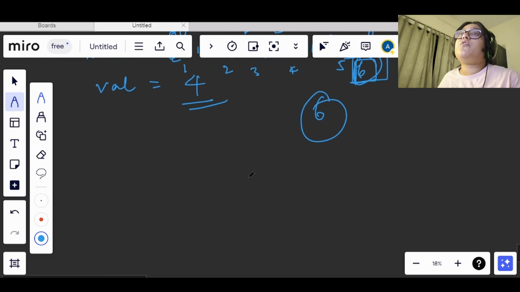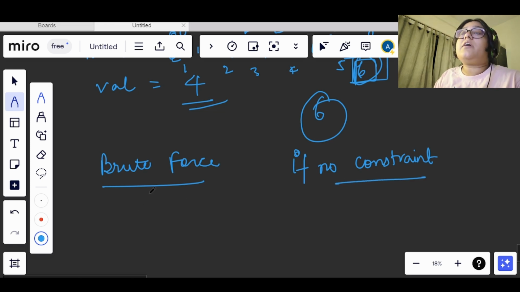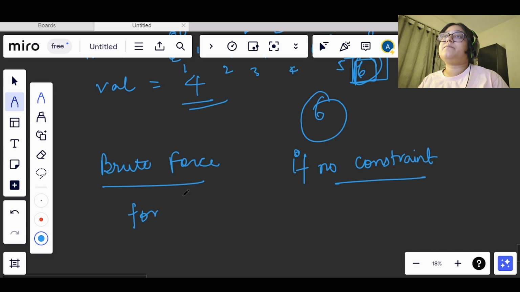Now for the brute force approach, if the constraint was not given to us, let's say if no constraint is there, we can use an extra array also. If in an interview we are asked, then with brute force we will start iterating from 0 to less than n.